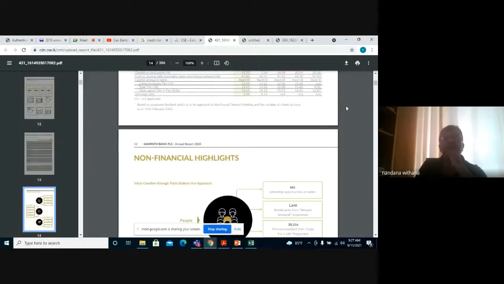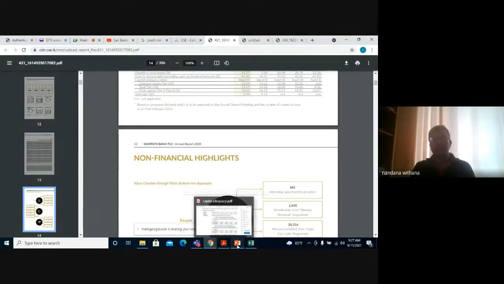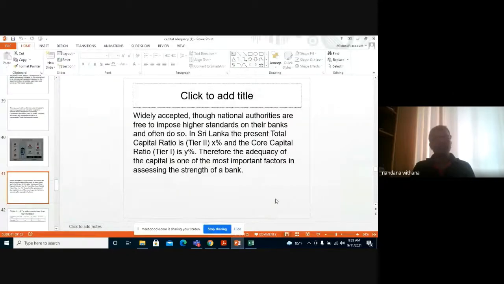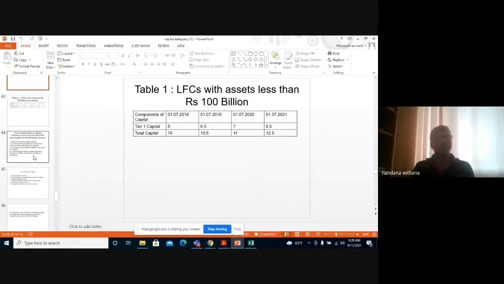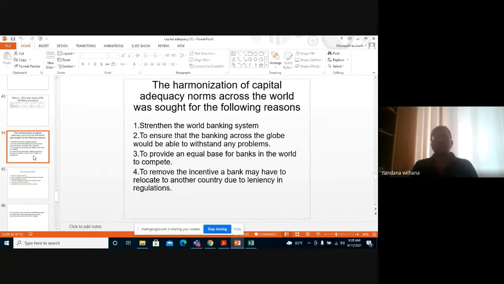Okay. All right. Here, this one. Tier 1 capital 13, Tier 2 capital 16. Okay. So well ahead. So that's how banks and finance companies are running. But certain banks, like I showed you, central finance example, they keep an extremely high amount. Right. The harmonization of capital adequacy norms. Yeah. Go ahead. Any question?